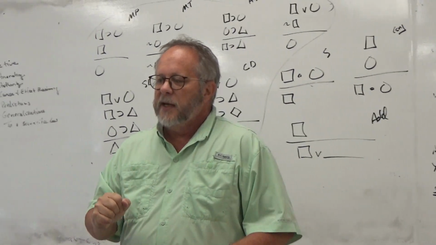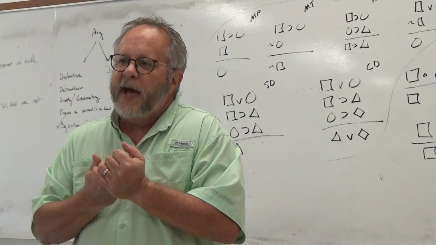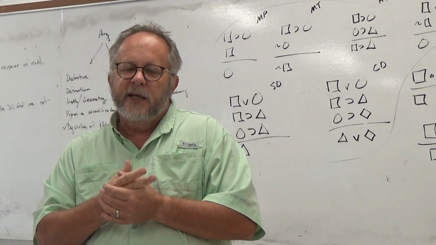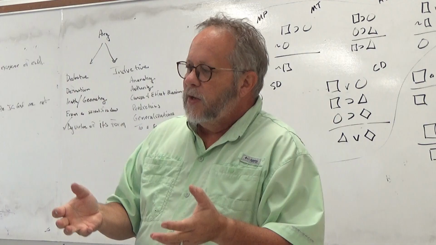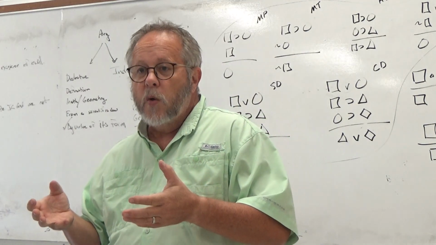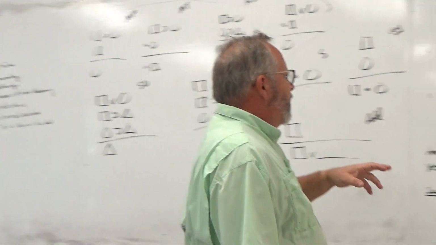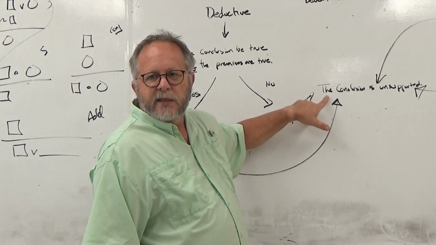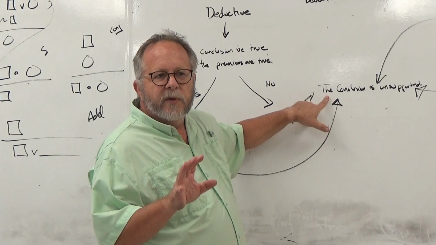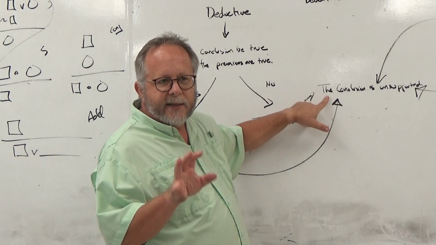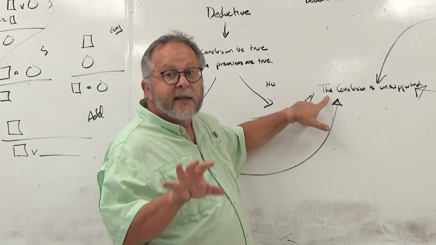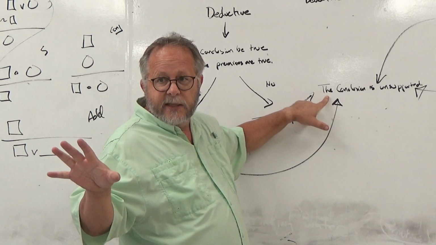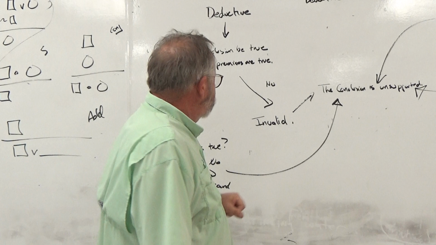Invalid, okay? And when an argument is invalid, what can we say about the conclusion? A lot of people are tempted to say, well, so we now know that the conclusion is false. No, all that we can say when we determine that an argument is invalid is that the conclusion is unsupported, that the argument was not good. It did not establish the conclusion. And that's different from saying the conclusion is false. Does everybody understand that? Okay?